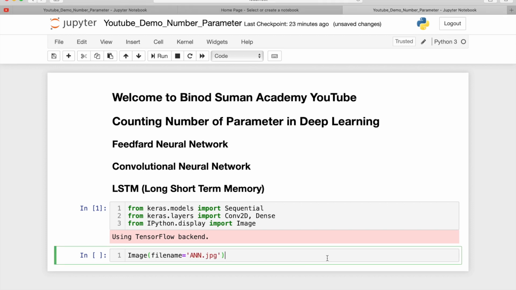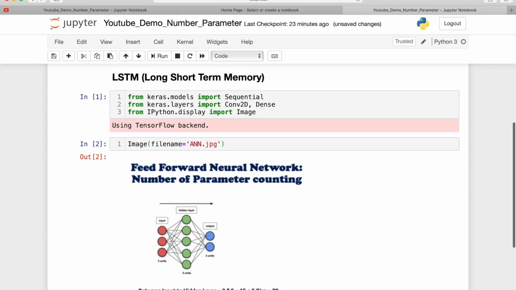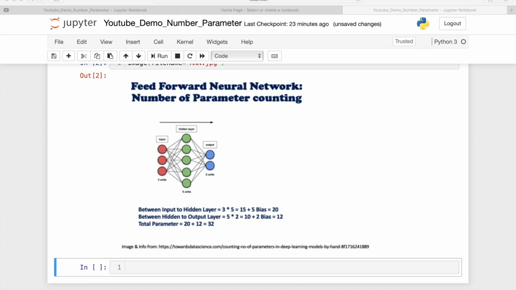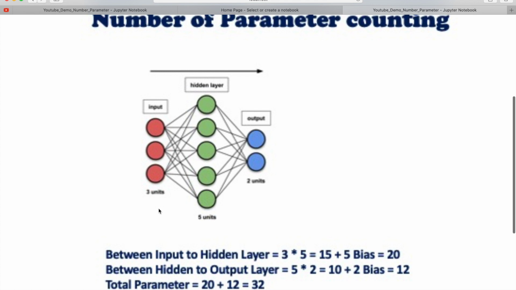So let us start with the feed forward neural network. Suppose we have this feed forward neural network, and you can see we have three inputs, the hidden layer is 5, and the output is 2.